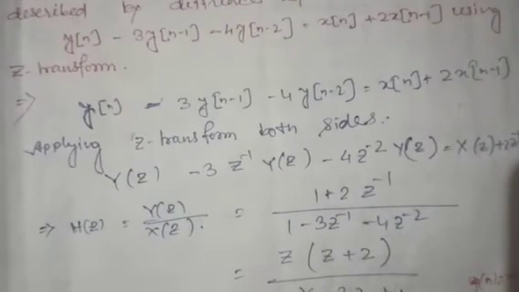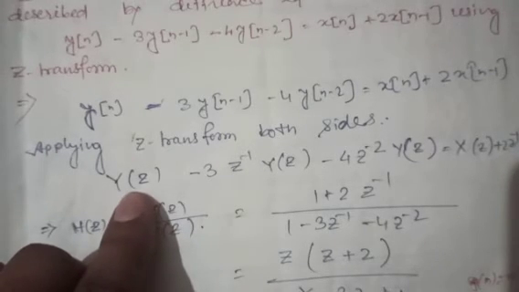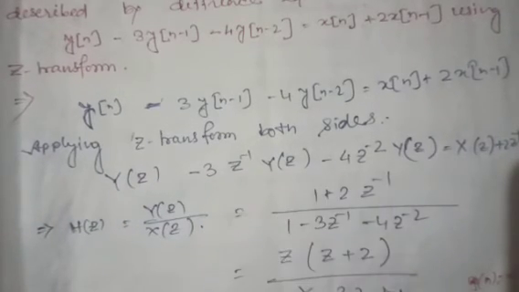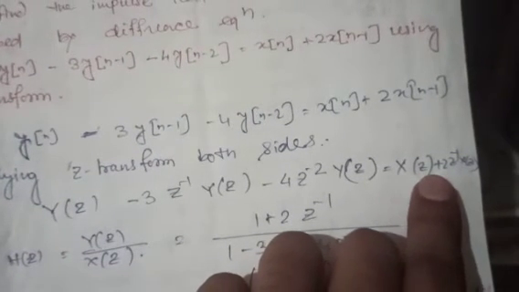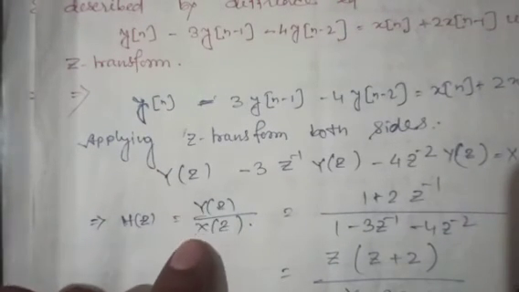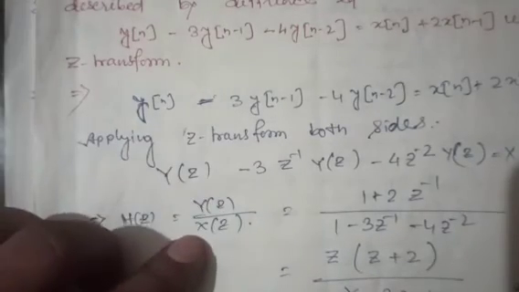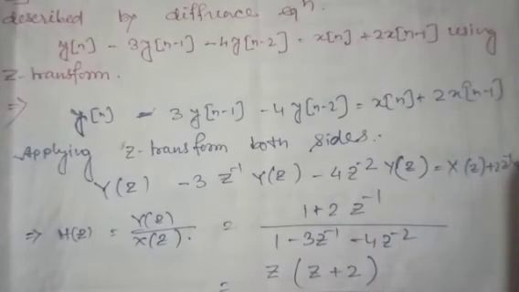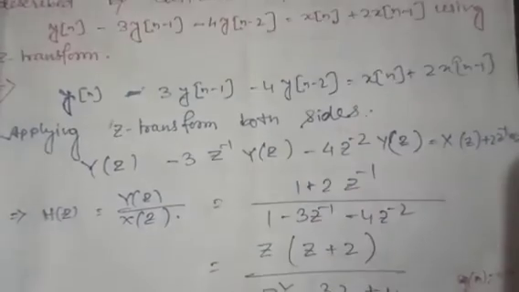Now from this, if we get the y of z, so what will be the y of z? y of z into 1 minus 3 z inverse minus 4 z inverse 2, and this side x of z, if we make common, then it will be 1 plus twice z inverse. So if now we make it in the rational form, y of z divided by x of z, that is y is output, x is input, so it is known as transfer function. So it will be 1 plus 2z inverse divided by 1 minus 3z inverse minus 4z inverse 2. Next is